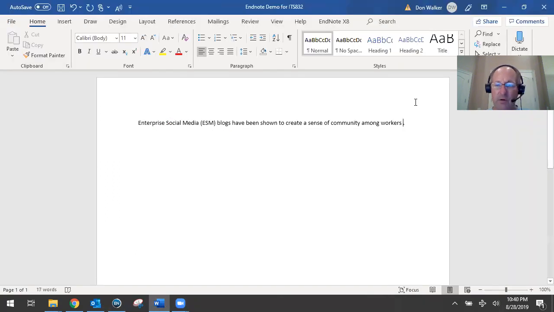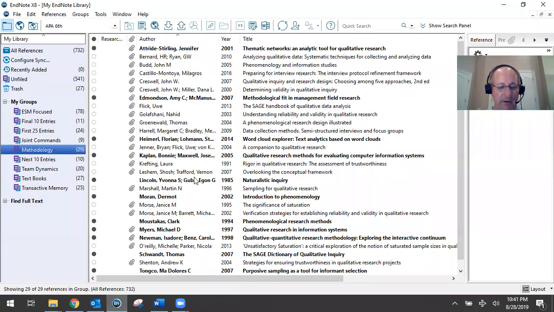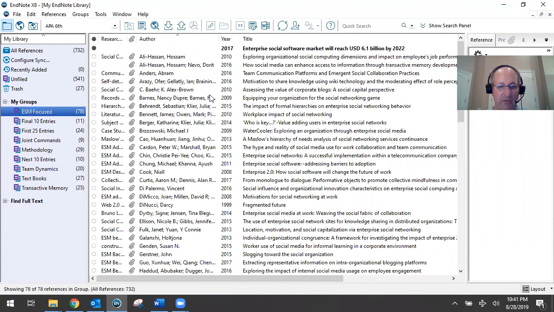I was in Word. You'll see where my cursor is here. I create a space for the citation to go in, and then I go over to EndNote and I find my ESM focused articles, 78 of them, and I can search here for blog,